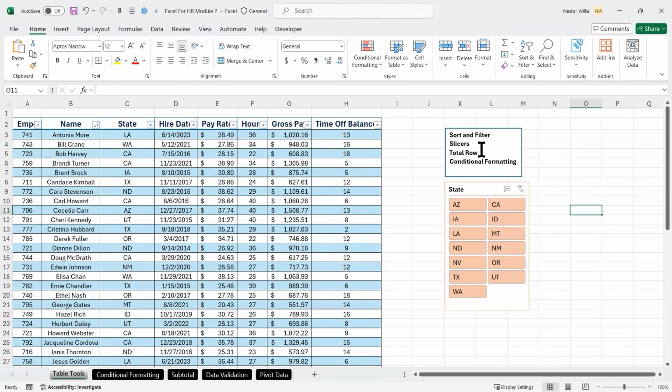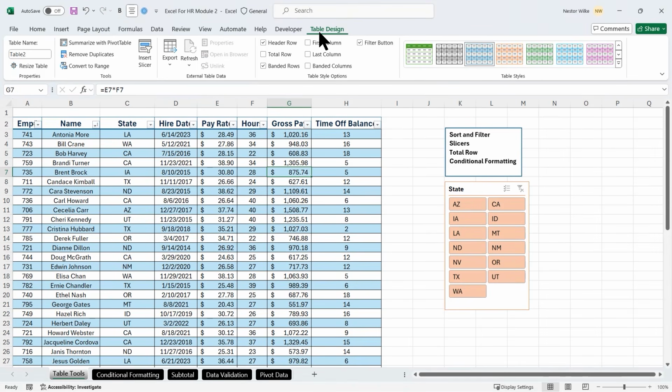One of my favorite table tools is the total row. Now the total row can be found on the Design tab, and right in the table style options, we'll see the total row. We can see it's not turned on by default. I want to go ahead and turn that on because the next logical thing for us to do with our data set is to start summarizing our columns. We have a couple of numerical columns in here that we can perform some math on, whether it's summarizing, grabbing the average, and so forth. So I'll go ahead and turn on the total row,